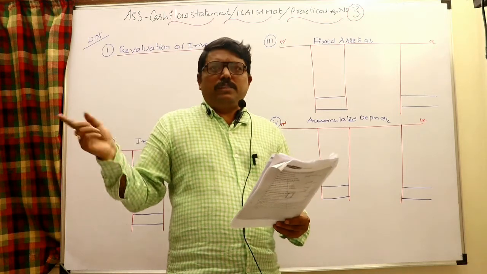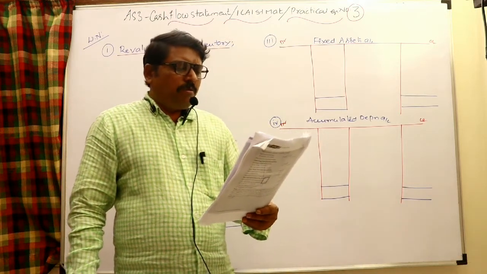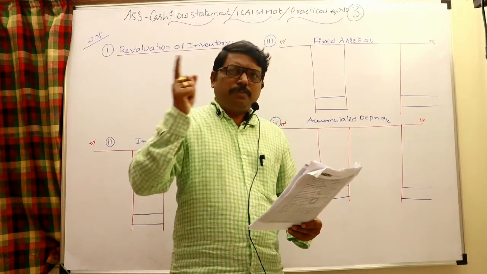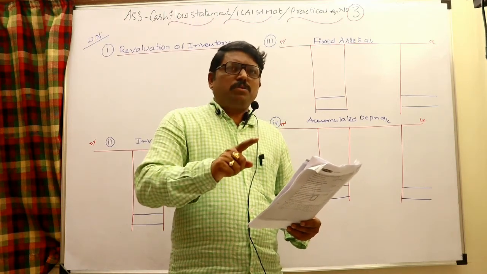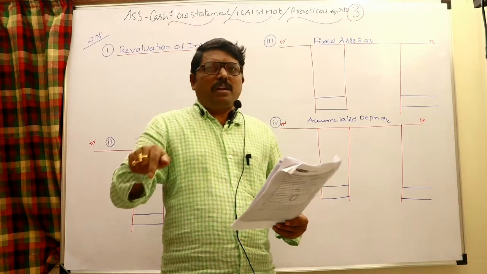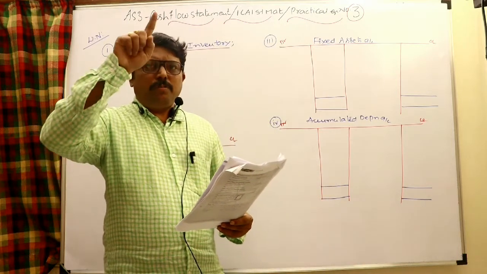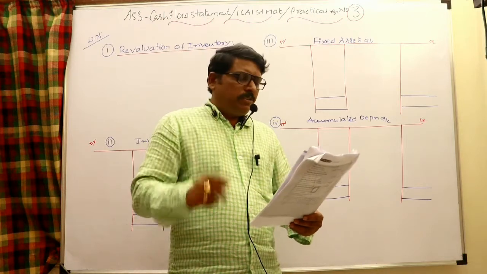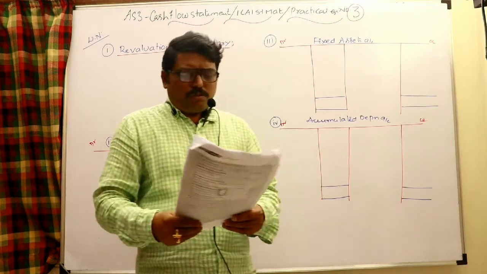That should be shown as a financing activity. Provision for tax is also, if nothing is mentioned, last year's provision for tax paid during this year, the current year. Provision for tax is made through the P&L account, so provision for tax should be added back. When you do it by the indirect method, tax paid should be deducted. That is the information to you.